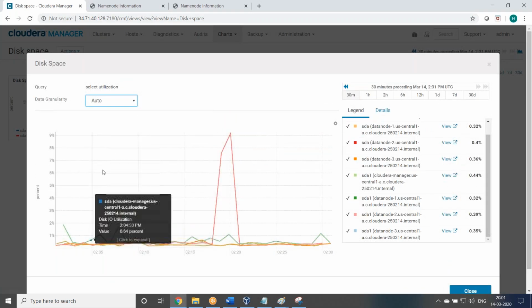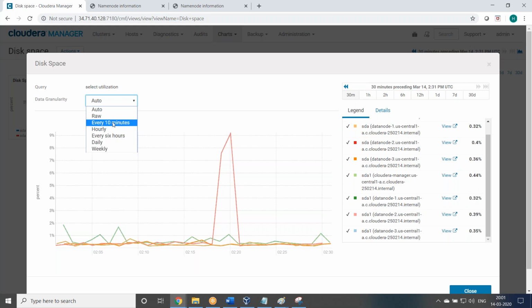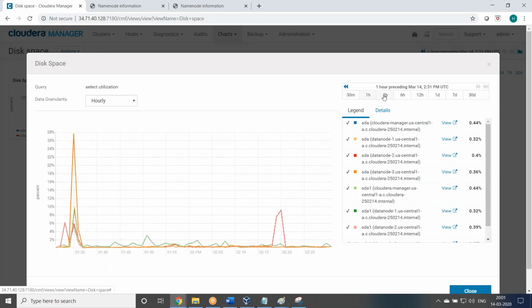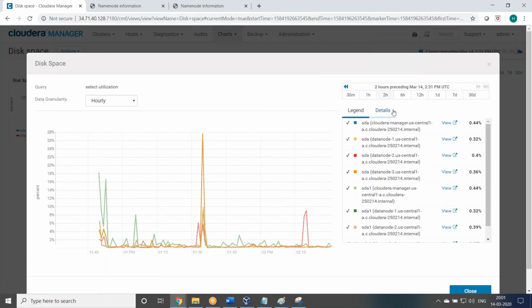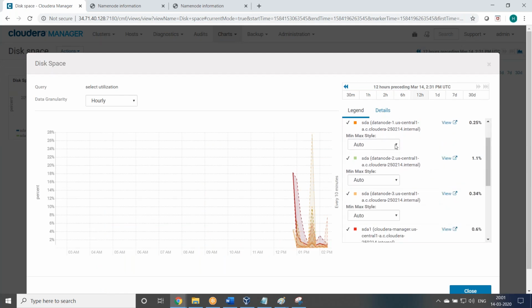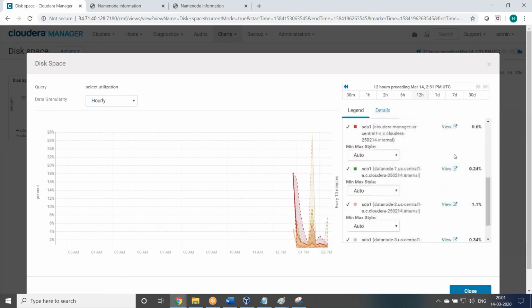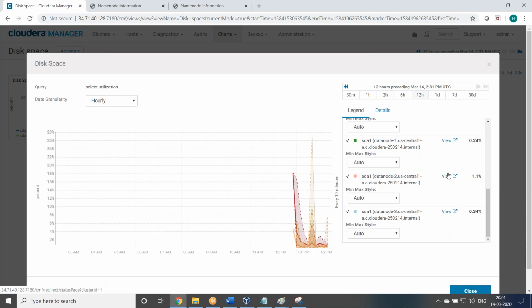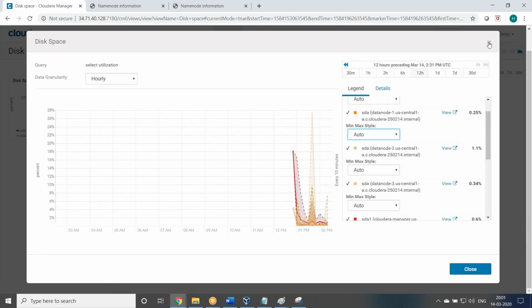But here you can see disk utilization every 10 minutes or else hourly. How much disk utilization? You see, it is showing everything. Last 1 hour, this is the disk utilization. Last 1 hour, 2 hours, 6 hours, 30 days. 30 days shows no data because we just created it today, right? You can see like this. So auto refresh, everything you can do. So all the options you can select.